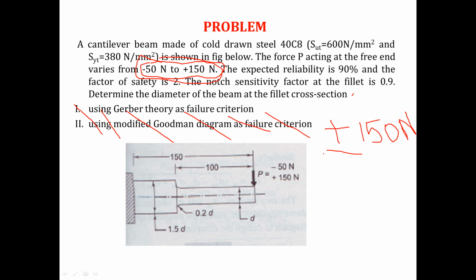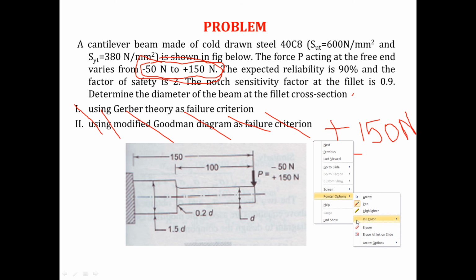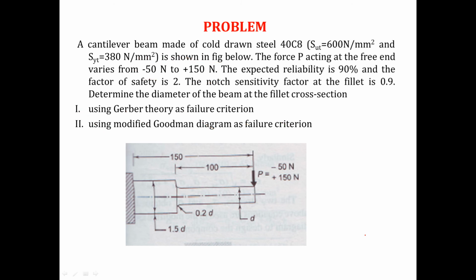क्या ये बात समझ में आया? कैसे मैं क्वेश्चन को पकड़ूंगा, कैसे समझ में आएगा कि कौन सा इक्वेशन को लेके सॉल्व करना है? कोई डाउट किसी को? नो सर। ओके, अगर मैं दे देता हूँ सिंपली दैट यूज गर्बर थ्योरी, यूज मॉडिफाइड गुडमैन डायग्राम, देन आपके लिए इजी हो जाता है। फाइन, अगर मैं ये 2 पॉइंट ना दूं, तब कैसे समझना है कि ये कौन सा प्रॉब्लम है? क्या ये गुडमैन का प्रॉब्लम है कि क्या ये एसएन डायग्राम का प्रॉब्लम है? देन यू हैव टू अंडरस्टैंड लाइक दिस।